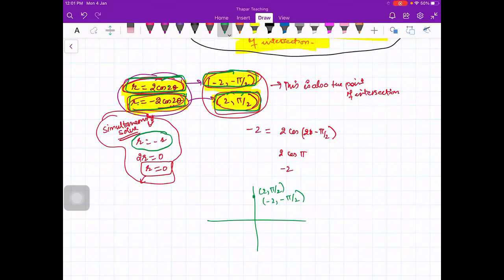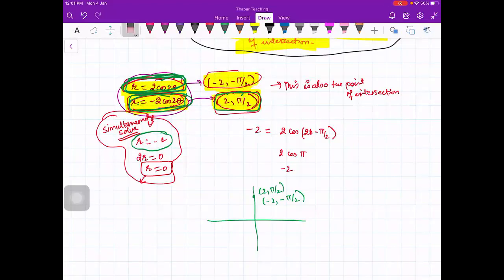Now when you solve, you will get all those points which are sitting with the same name on both the curves, but you will miss those points which are the same point but sitting on these curves with different names. Ma'am, but minus 2 comma minus pi by 2 lies on the first curve. Yes, this lies on the first curve, right? How? Because minus inside cos doesn't matter. So it will be cos pi, and the negative outside, cos pi is minus 1, right?